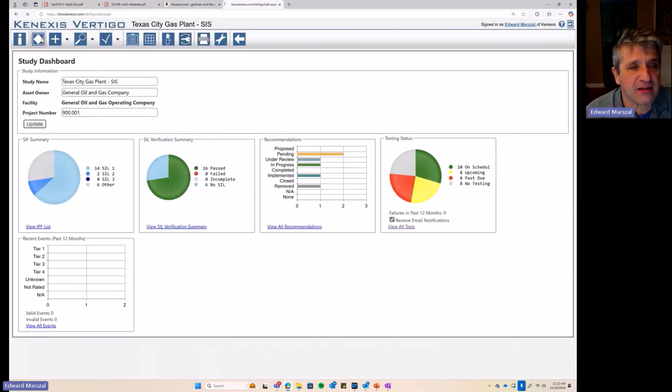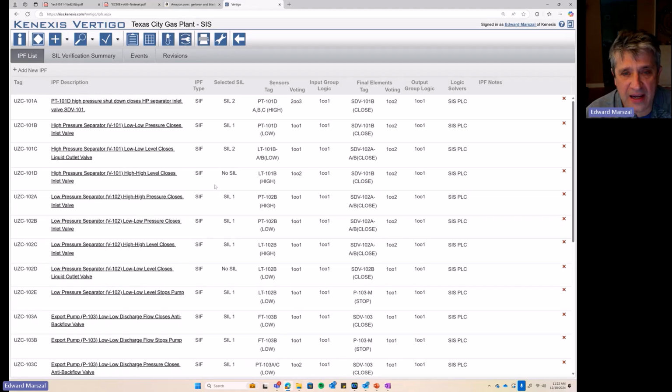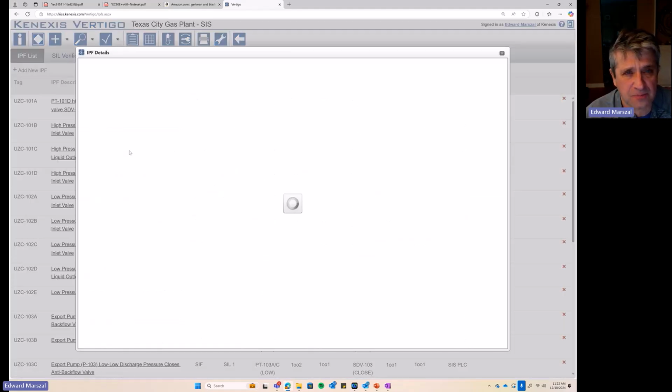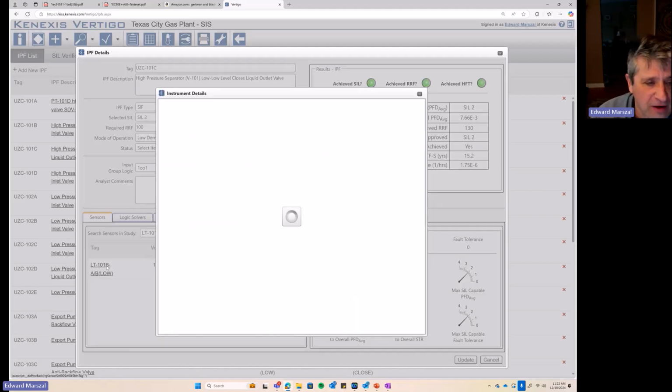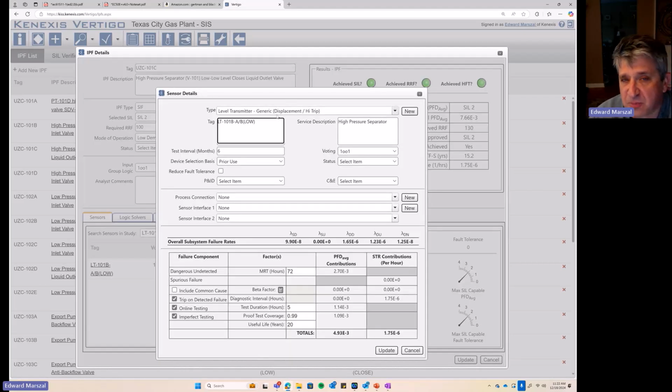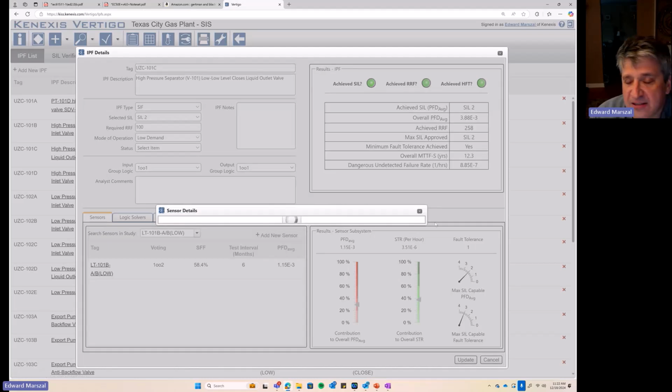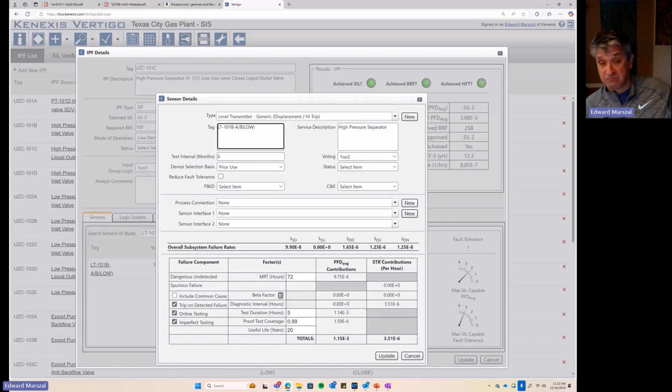So if you look at the sensor subsystem of a SIL verification calculation, let's say I ran the calculation in a 1 out of 2 vote, with a generic displacement type level transmitter, and I have 2 of the devices, and I want to run them in a 1 out of 2 vote. It's going to calculate all your stuff. Fine. Now, what if instead of a 1 out of 2 vote, I had a 2 out of 3 vote where I've got my